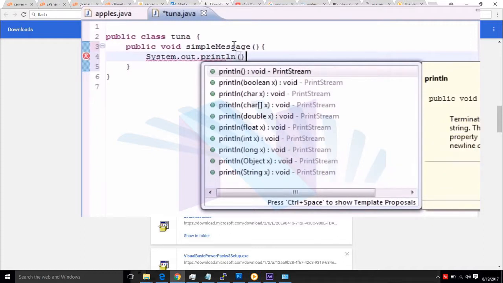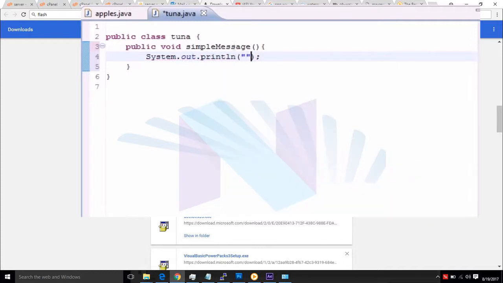System.out.println, and let's add something like "this is another class." So now we have another class, called public class Tuna, and our method is public void simpleMessage. Don't forget to put a message in here somewhere. You can put anything you want. And now if we try to run this,